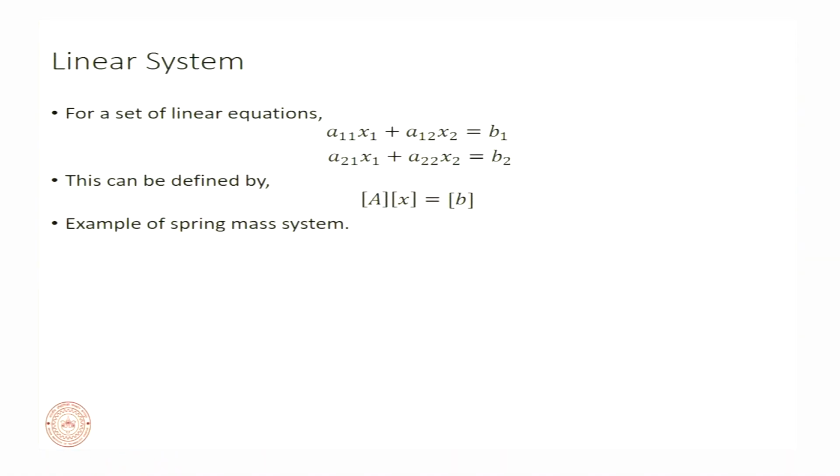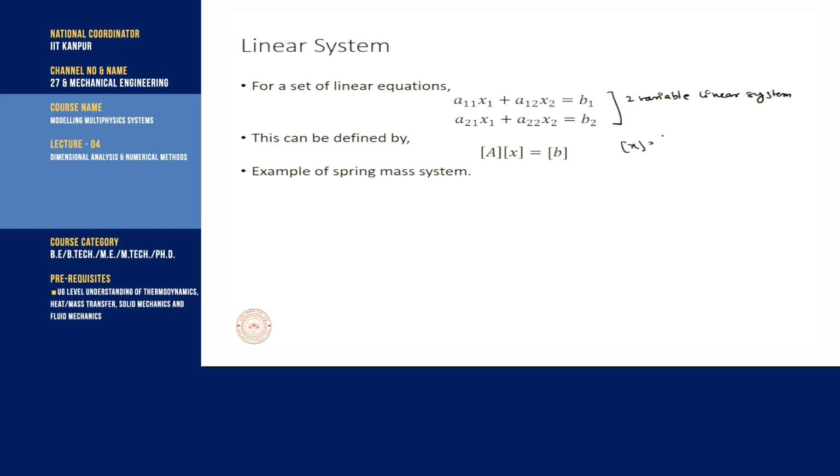Okay, so we will start with linear systems. A linear system is defined by a set of linear expressions. In this case, the expression is a11x1 plus a12x2 equals b1, a21x1 plus a22x2 equals b2. So this is a two variable linear system. That means we have two variables in this case. Our variable vector x will have x1 and x2. Our a11, a12, a21, a22 are called the coefficients. So, these coefficients are given by the coefficient matrix